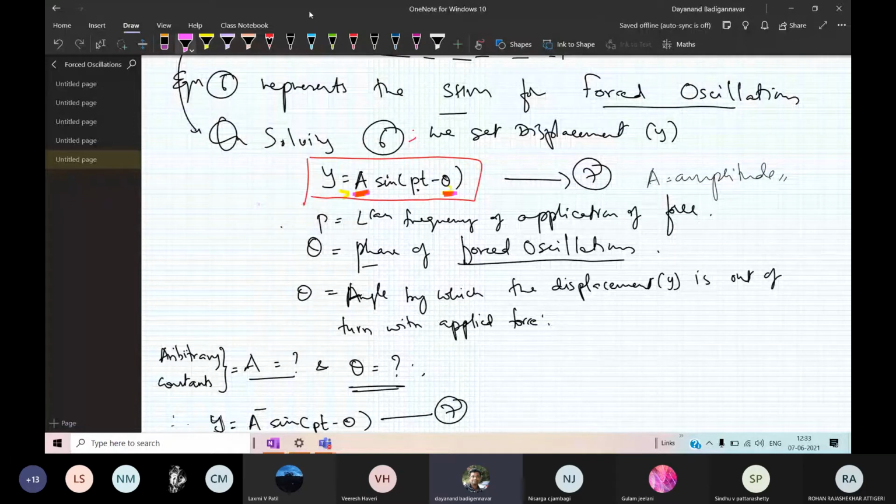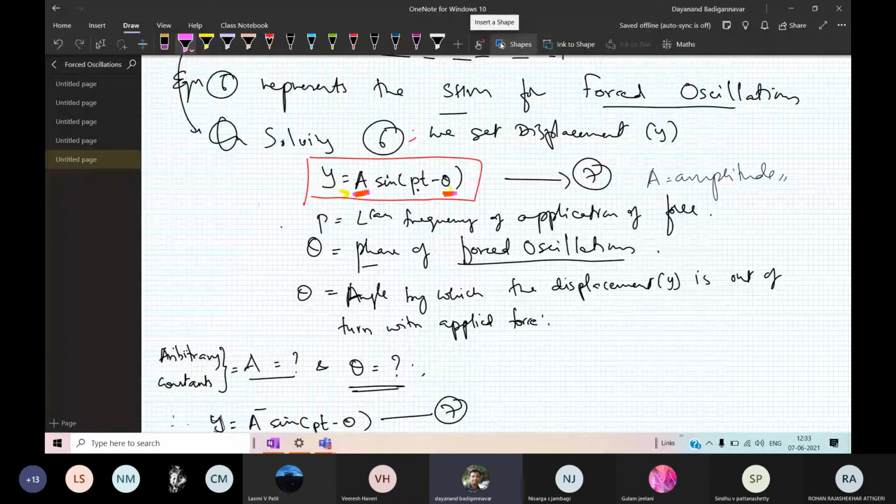If I just keep explaining at length, it becomes a very boring part. Next class we will do the analysis. As we have done in the analysis for the damped oscillations, there are 3 cases. Likewise, there are 3 cases for the forced oscillations also. I will tell that in the next class. But first we will do a revision of this.